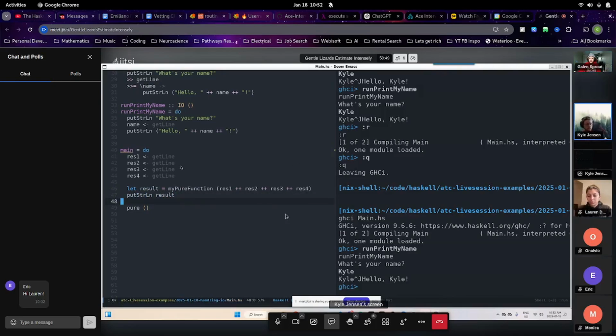So yeah, this is a good way to explain it. In other languages, there's no enforcement that when we call my pure function, each action in the do block